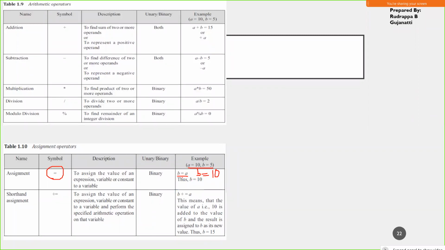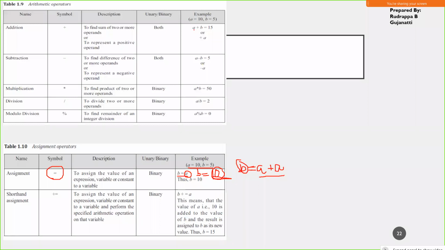And if you just see here, only one operand is present on the right hand side. It might be a constant over here or a variable over here. But you can even have an assignment this way: B is equal to A plus A. So here you can see that you can assign any expression value to this variable using this assignment operator.